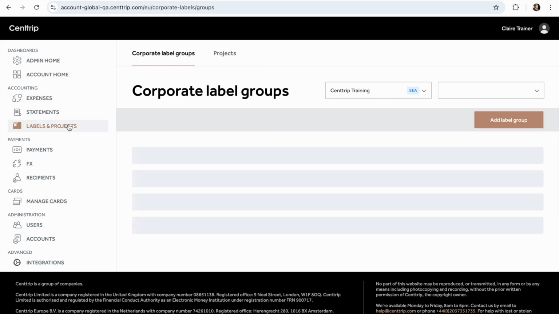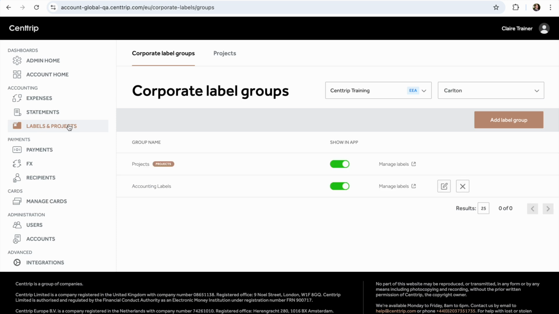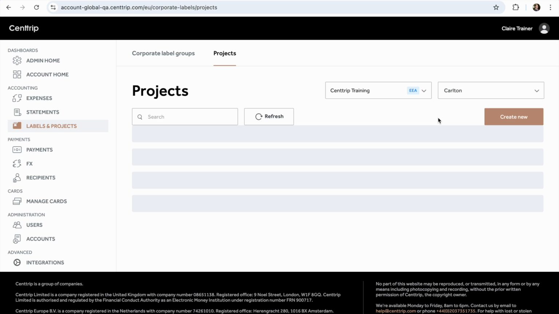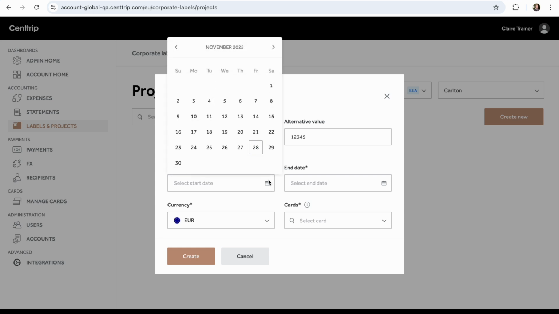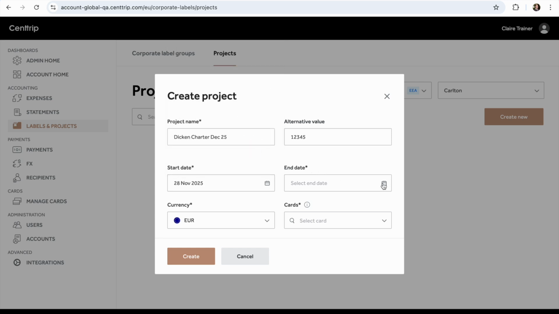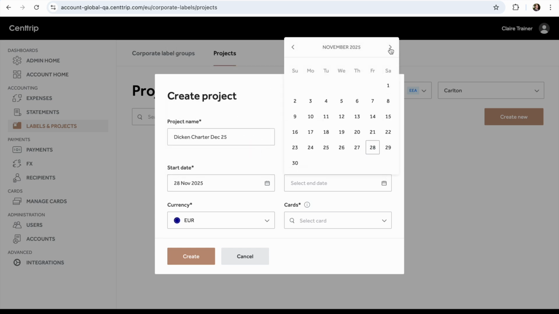What I'm going to do is I'm going to go to this labels and projects screen here. I'm going to go to projects. And what I'm going to do is I'm going to create a new project. So the project name is a description of the actual project. So let's call it the Dicken Charter, December 25. Alternative value, that might just be a code you'll use, maybe in your accounting for transactions related to this. Start date, let's say it actually started today, and let's say the end date is the following Friday,